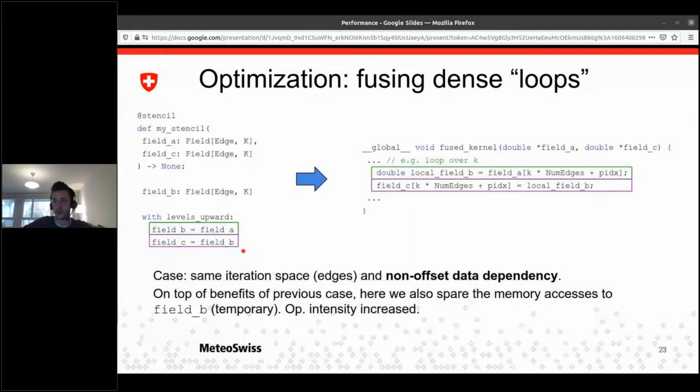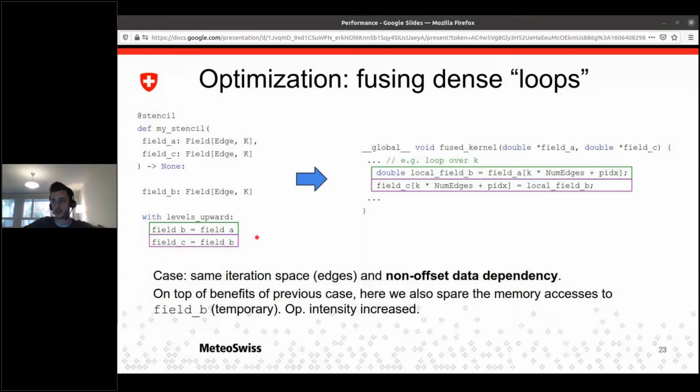In this case, you don't even have a reduction, so you really are just copying it. And so if you have a non-offset data dependency between two statements that you can fuse because they are in the same iteration space, this optimization is even